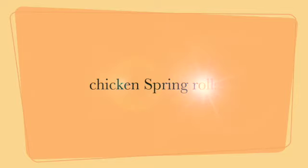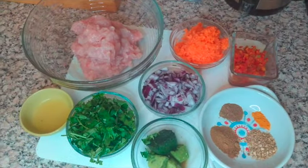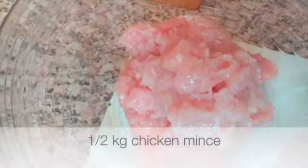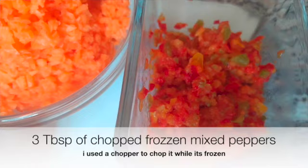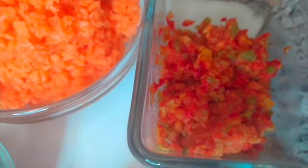So the last one is chicken spring rolls. So to make chicken spring rolls, I didn't make a lot of it. So this was half kilo chicken mince, half cup of finely chopped carrots, 3 tablespoons of chopped frozen mixed peppers,